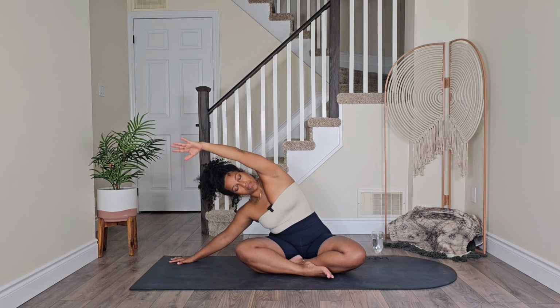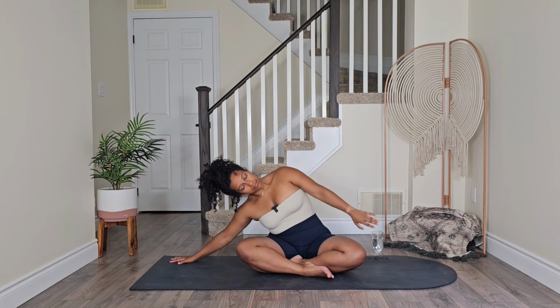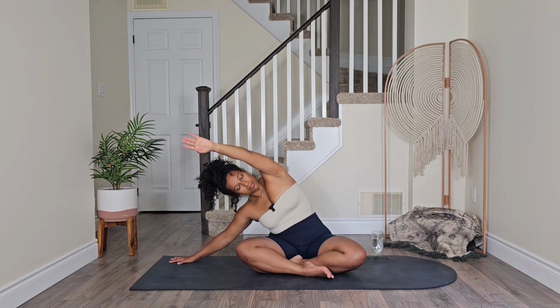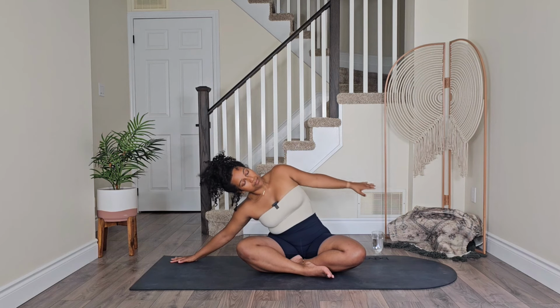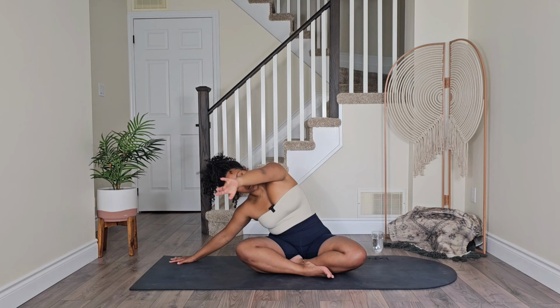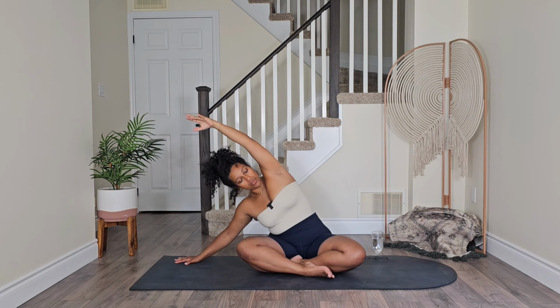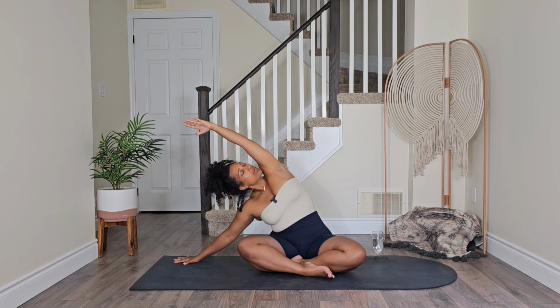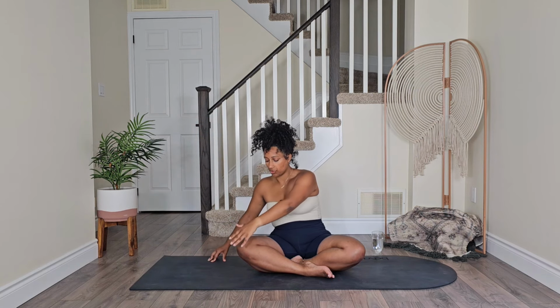And switching directions. And you're going to leave the left arm, reaching over the left ear, pushing down into your right palm, and dropping your left hip towards the floor for 3, for 2, and 1. And as you rise, you're going to bring your left fingertips to grab a hold of your right